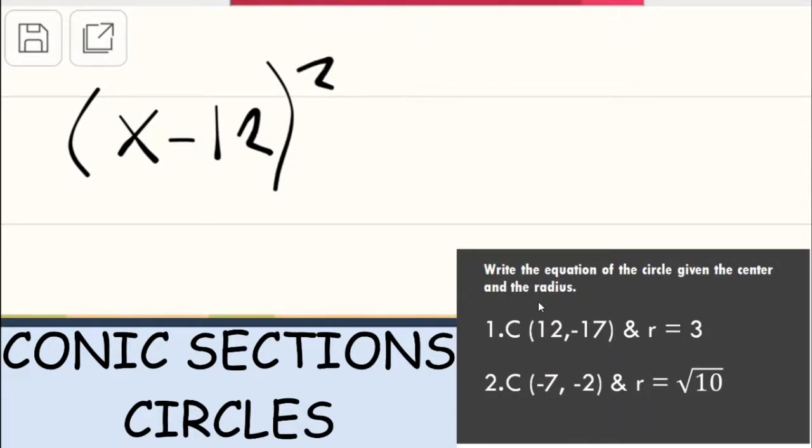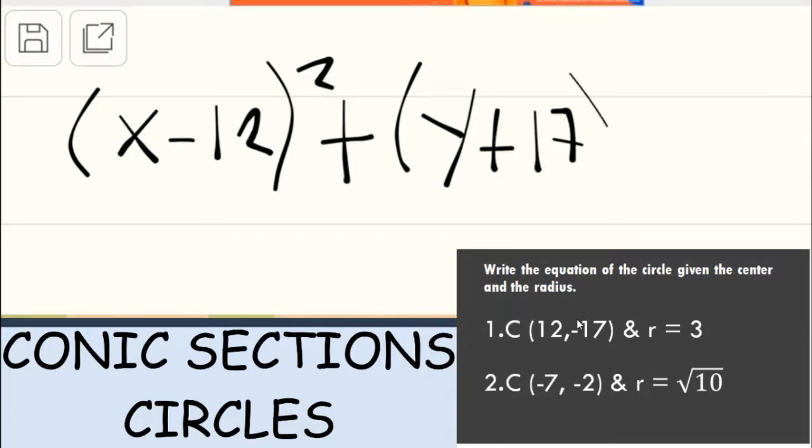And then, plus, always plus. Plus, same with y. Since it is negative 17, the opposite is positive 17 squared equals,